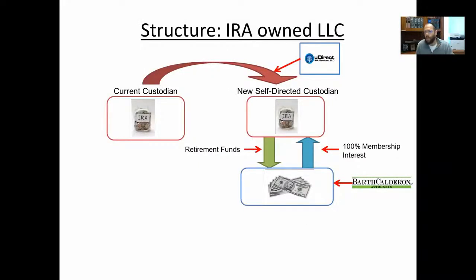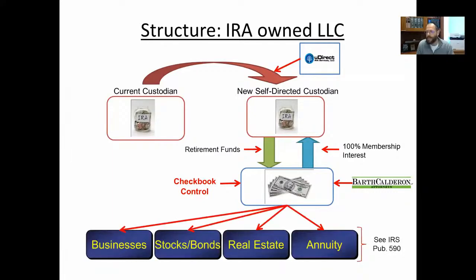So now here you'll see why we create LLCs tailored to hold IRA assets. And then here we go. And now this is where you get checkbook control. As the manager of the underlying LLC, following all the rules in the properly designed operating agreement that tells you who you can deal with, who you can't deal with. Remember, disqualified people and prohibited transactions. You got some rules here you got to follow. But now you have the control and the power to be able to invest in all those things as evidenced by IRS Publication 590. Everything but life insurance,